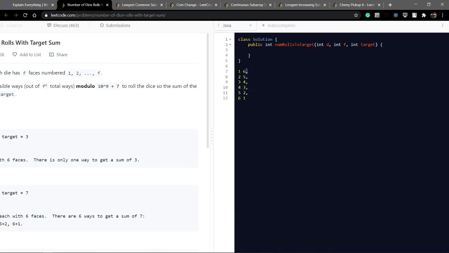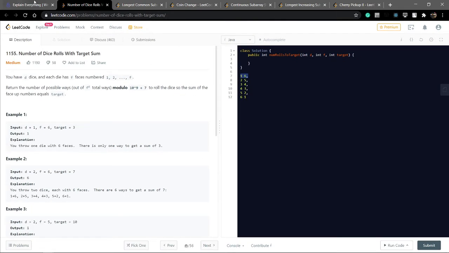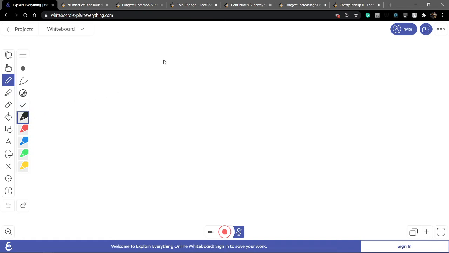Which number? I have chosen only 1 6, 2 5. So this is not perfectly dependent, but the number of dice is perfectly dependent. So make a tree. So I have made a dependency. What is the dependency? The number of dice, that is 2, and the target sum, that is 7.